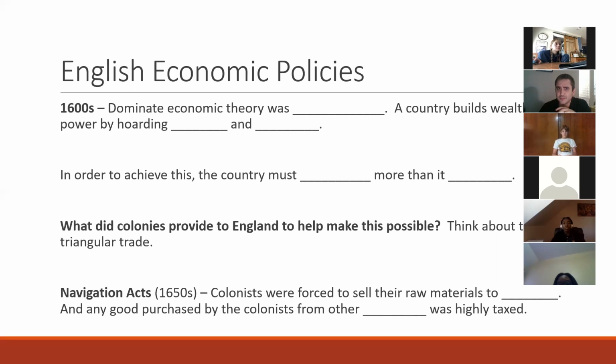Because of that, England, being an island, really depended on the colonies, because the colonies had a lot more resources than England did. And so if the colonies could take those resources and send them to England, it would technically not be an import because it's going from one English group to another English group. But England could then take those raw materials and transform them into products to sell everywhere else. Okay.